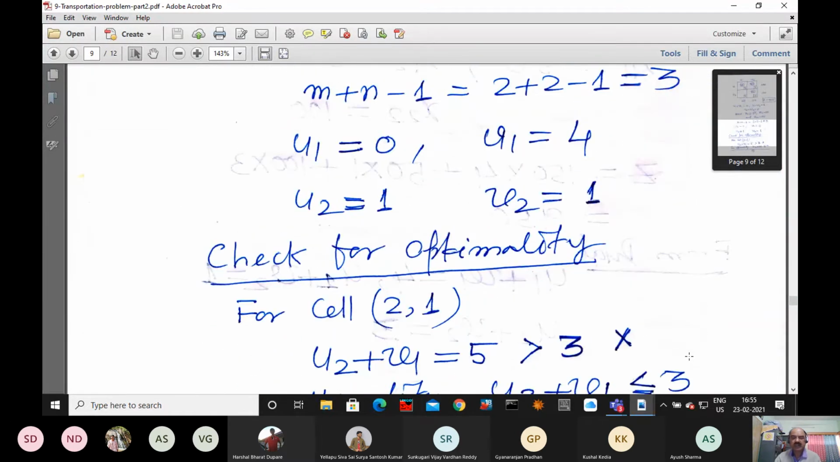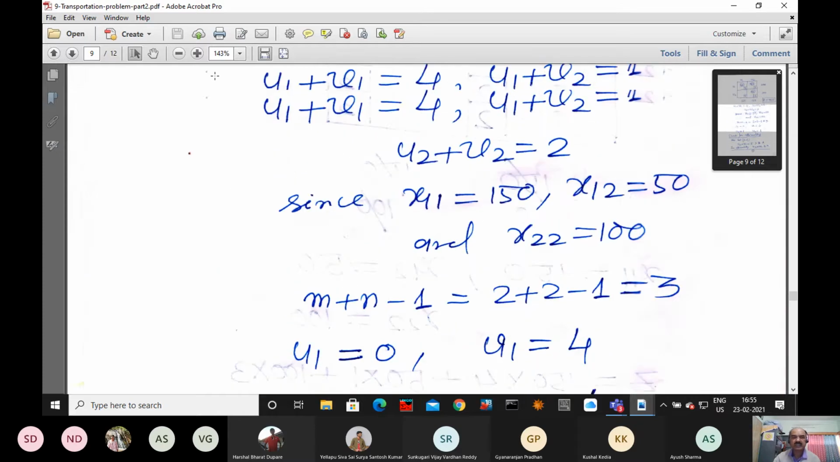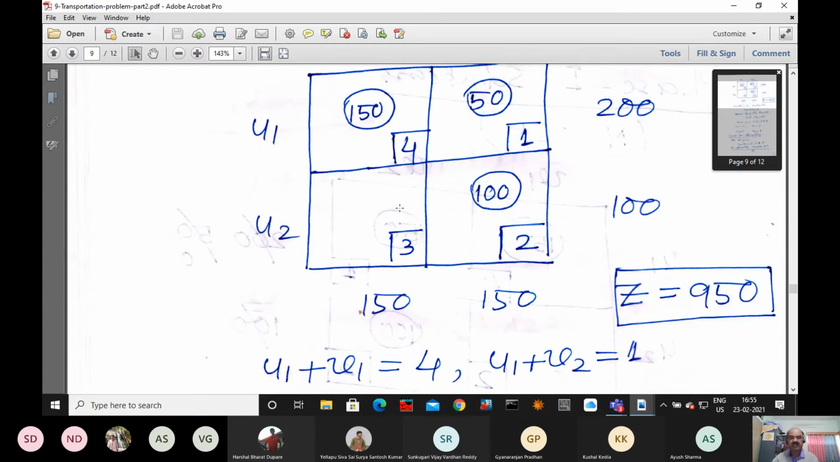Check for optimality. Now we have the first cell: the first cell is 1 1, the second cell is 1 2, the third cell is 2 1, and the fourth cell is 2 2. We have to check only the unoccupied cell. The unoccupied cell is the third cell. This is the cell, nothing is given here. So according to the